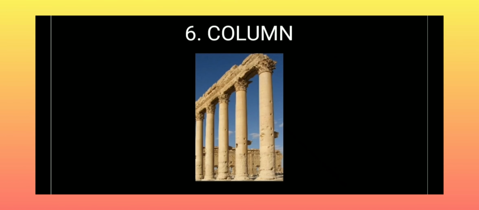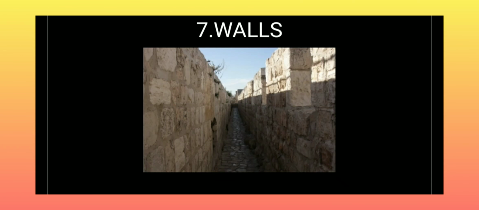A vertical structural element that carries compressive loads. The failure of a column in any structure leads to progressive collapse. It transfers load from the slab or beam to the foundation below. And the seventh component is wall. It is the vertical surface constructed continuously that divides the enclosed space. It can be constructed with masonry or concrete. It takes up the load from beams and slabs or the roof above.